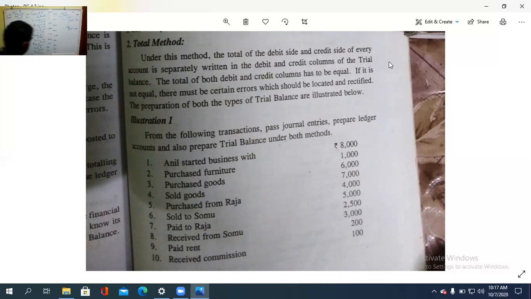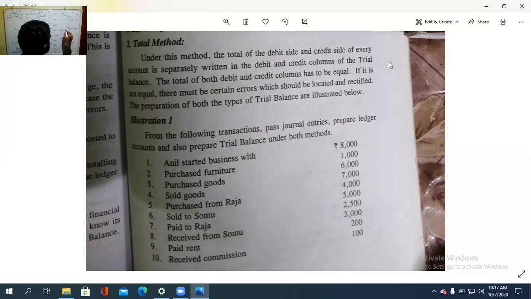Then Somu debtor to sales. So sales is there? No. Another account, Somu and sales. So Somu debtor to sales, how much? 5,000. And by Somu 5,000. Okay. Then Raja debtor to cash,